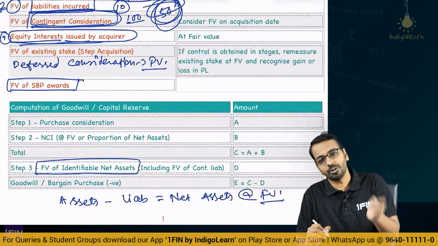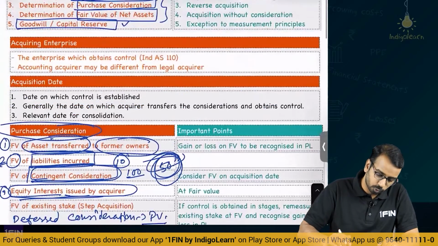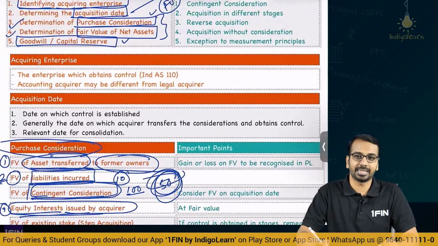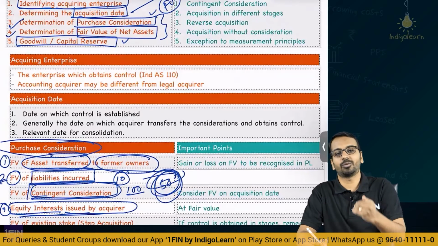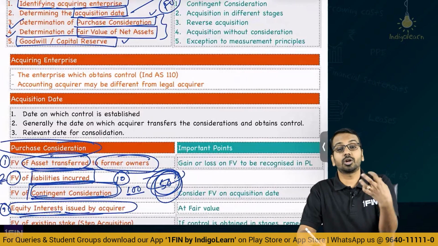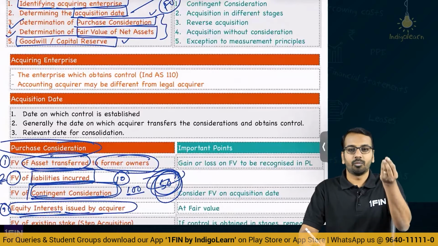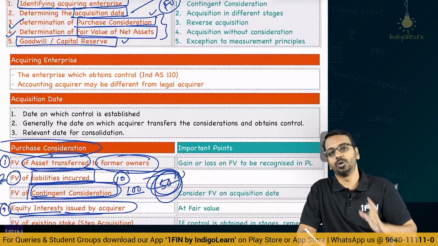So, where do we get the fair value? Again, this will be given to you in the question, right. So, what you have to do? You have to calculate the purchase consideration and fair value of net asset. Once you have done this, then we can move to the next step, that is calculation of goodwill, right. So, this is the core of any question that you get in the examination. The moment you get a question, what is the purchase consideration, what is the fair value of net assets, then moving on to goodwill calculation.